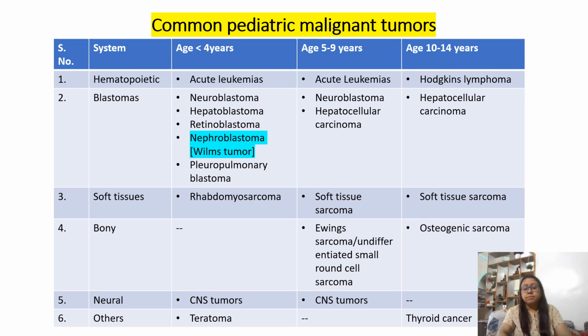So these were some basic tumors which I wanted to highlight. What we should know in infancy and childhood: in acute leukemia, acute lymphoblastic leukemia is seen. Blastomas I discussed with you, retinoblastoma and nephroblastoma, which are commoner compared to other blastomas. Then rhabdomyosarcoma and Ewing sarcoma are common in children. These are a few tumors, and gradually in my subsequent lectures I'll deal with them, like Hodgkin's lymphoma if I describe it, that will take another lecture. So I'll do it gradually over time.